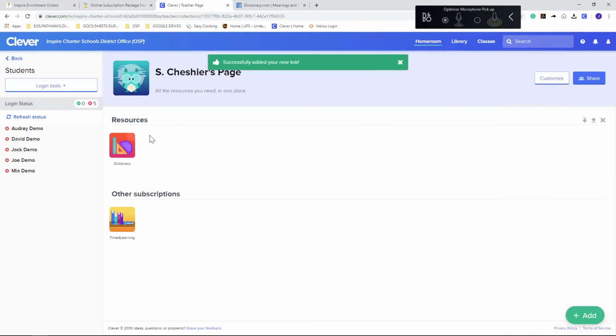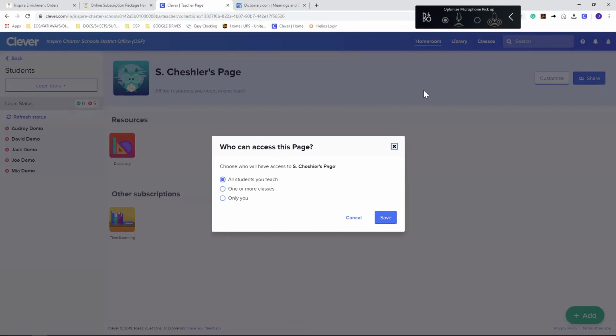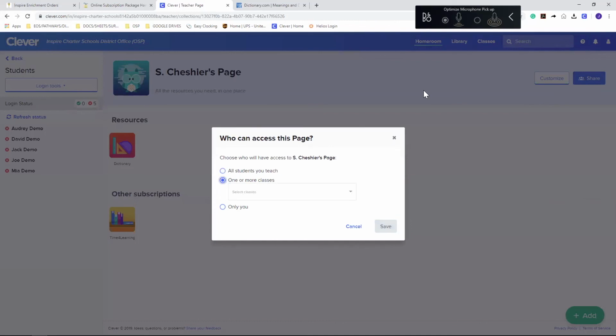Okay. So now I have a new category for resources. There's a dictionary. And in order to share this with your students, you just click the share button, and you can share it with all your students, which I recommend. It's a little bit easier. You don't have to go through and figure out which student is in which subscription, or we all know how memory and all that stuff goes. So you could choose, like, let's say you had 2 students in Grammarly, and you wanted them to have a dictionary.com. This would be a great,